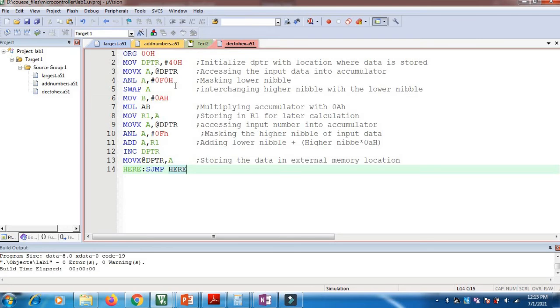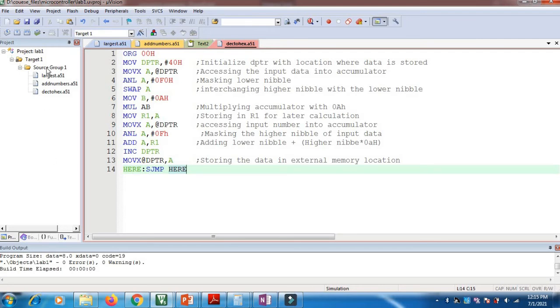Then we mask the lower nibble, and get the higher nibble in the accumulator. Next we load 0AH in the B register, then we multiply, and store our result in the R1 register. Again we access our original decimal number to get the lower nibble of that, then we add, and then we store the result.